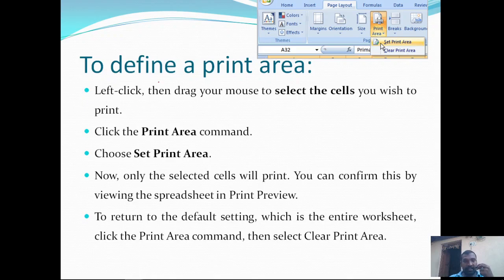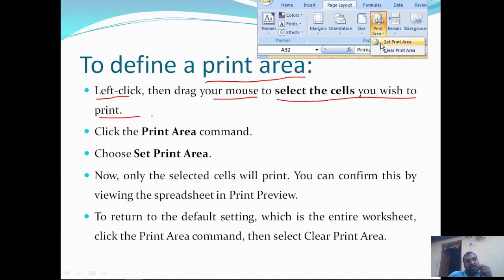So next one is to define a print area. To define a print area, left click and then drag your mouse to select the cells you wish to print. So this is the case where we don't want to print the entire spreadsheet worksheet.